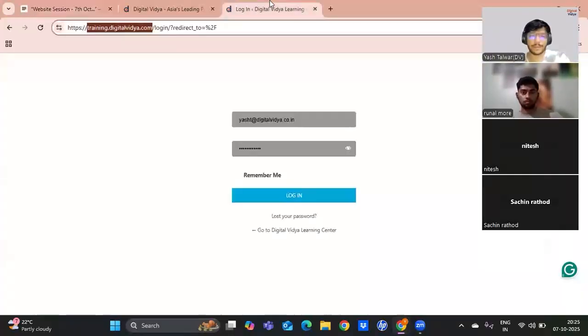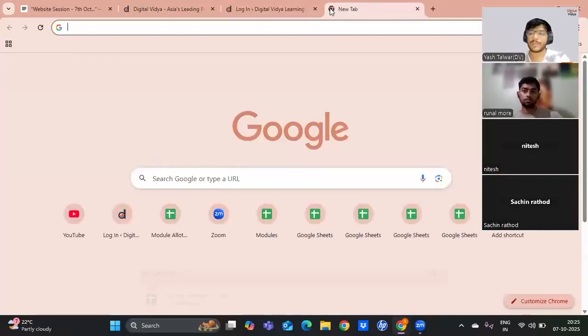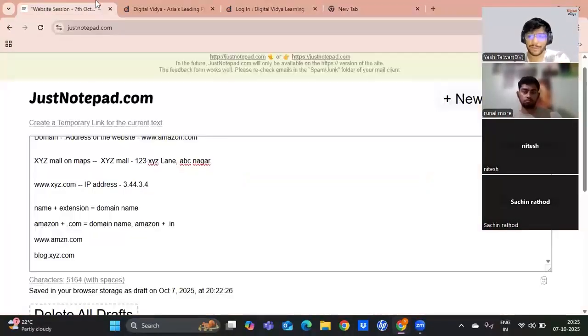And this .com can also change depending on the type of website that you're visiting. In a lot of websites, you will see a .in, right? In some websites, you will see .co.in. In some websites, you can see .shop, .blog, .store, etc. All of these things can also be seen on different websites.